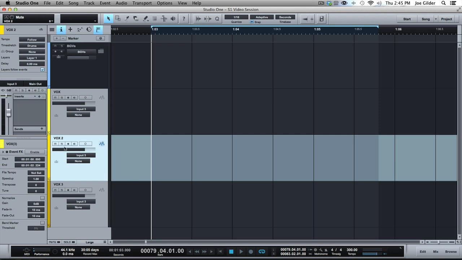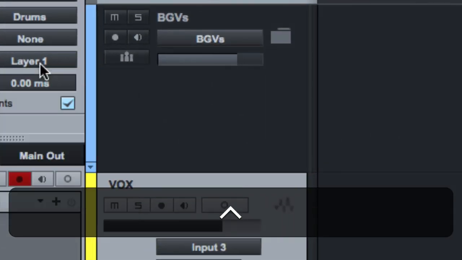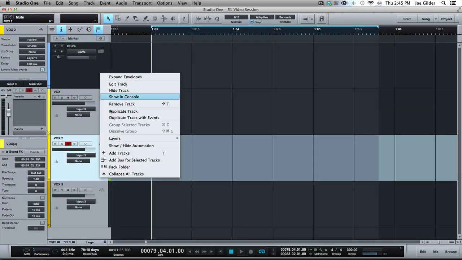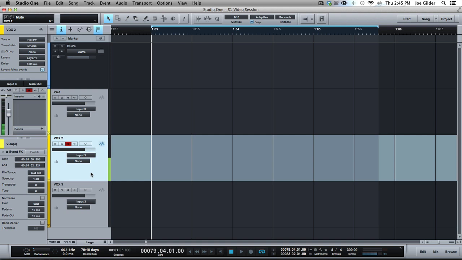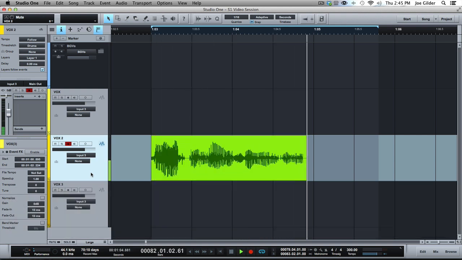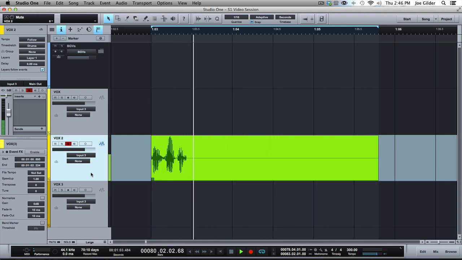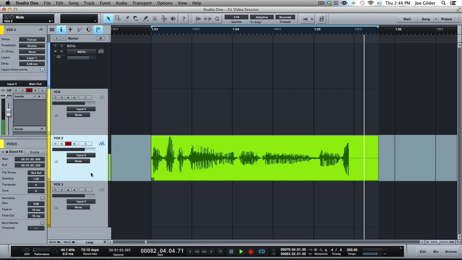Let's move to this vocal 2 track so we don't get confused. This vocal 2 track, as of right now, does not have any layers but the main one, okay? And let's expand the layer. Actually, let's just do it first without expanding, and then I'll show it to you. So I hit record, and now we're singing, and we're playing our guitar, and then it comes back again, and we do it again. And it comes back again, and we do it again, and we're feeling good,